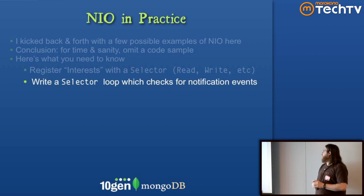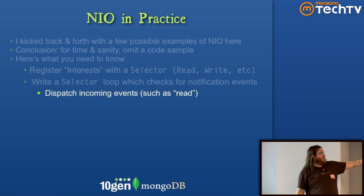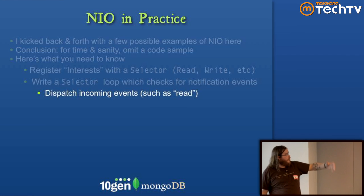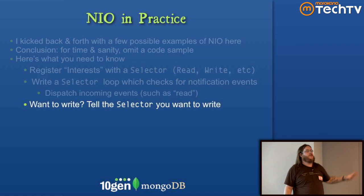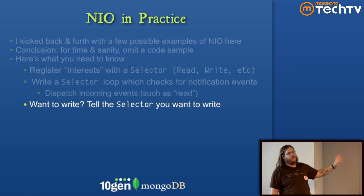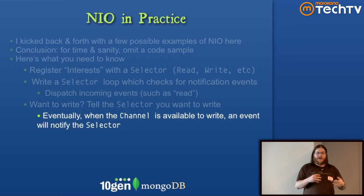We write a loop that looks for these notification events, and we have to dispatch incoming events, so if we want to read or whatever else. If you want to write, this is where it gets nasty, I think. You have to tell a selector that you're interested in writing. And eventually, when the channel isn't busy reading, it can switch into a write mode and call you back and